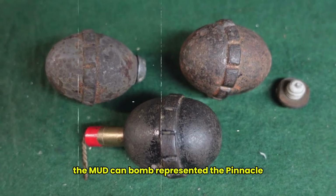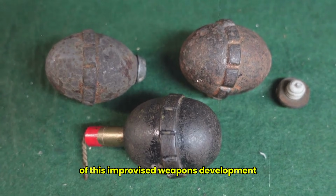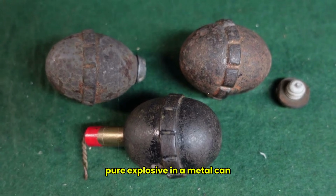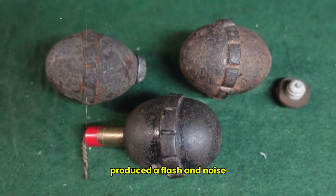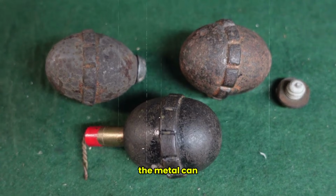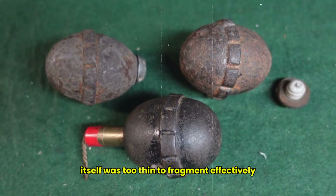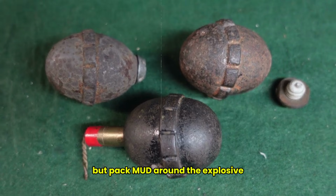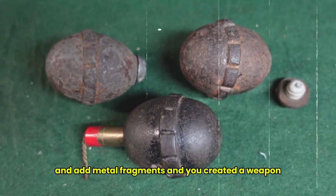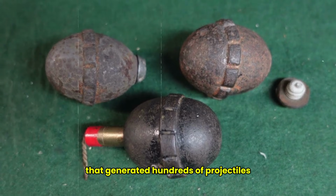The Mudcan bomb represented the pinnacle of this improvised weapons development. The mud component was critical. Pure explosive in a metal can produced a flash and noise, but limited fragmentation. The metal can itself was too thin to fragment effectively. But pack mud around the explosive and add metal fragments, and you created a weapon that generated hundreds of projectiles